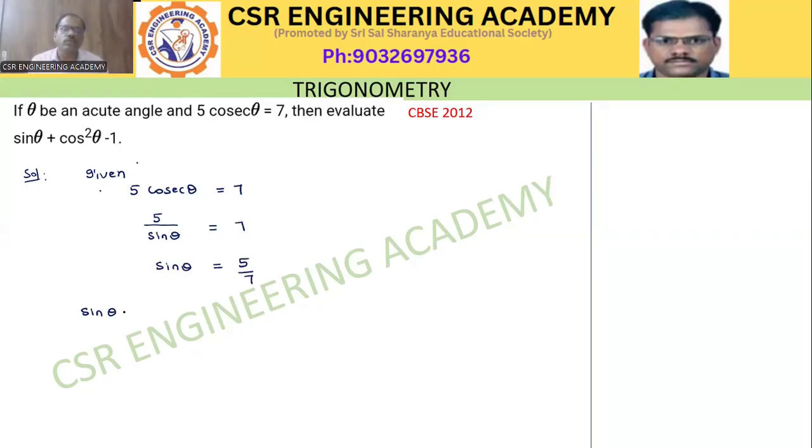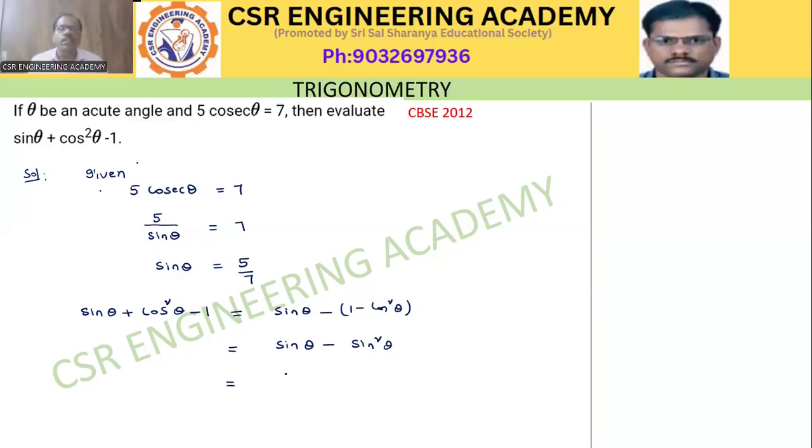Sin theta plus cos square theta minus 1 is equal to sin theta minus (1 minus cos square theta), is equal to sin theta minus sin square theta,